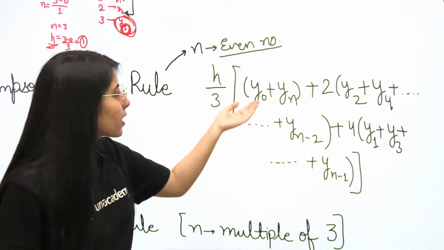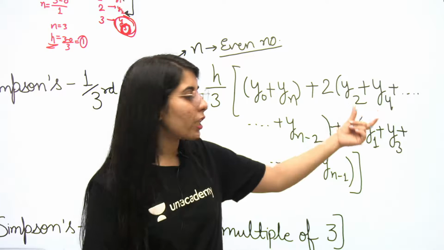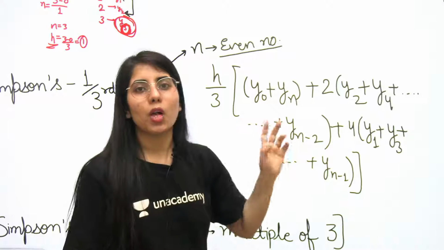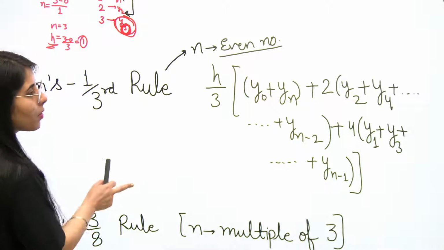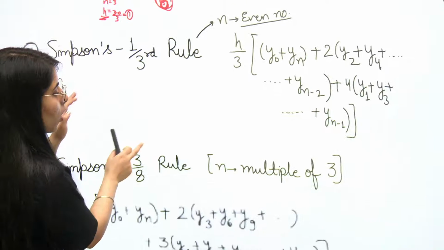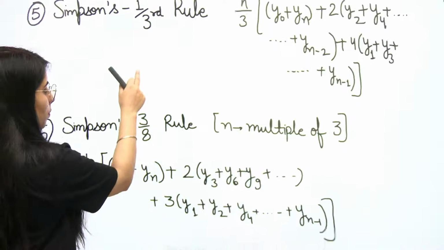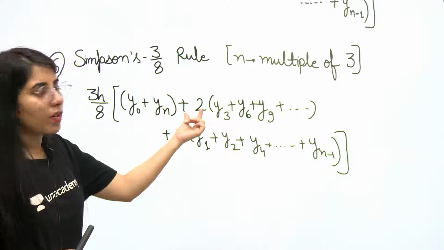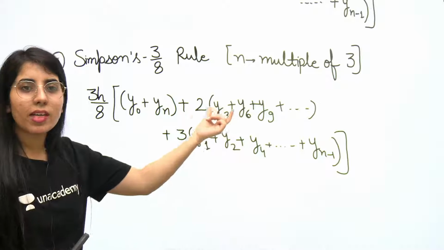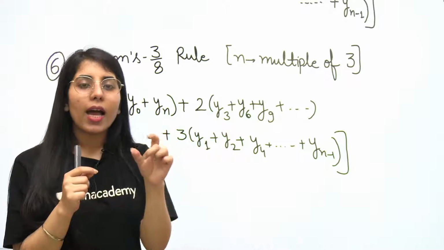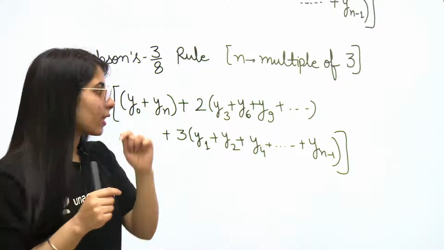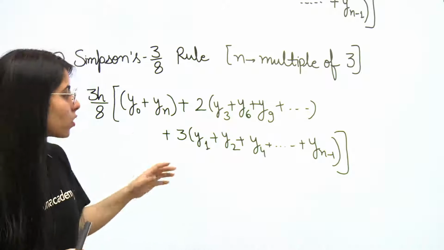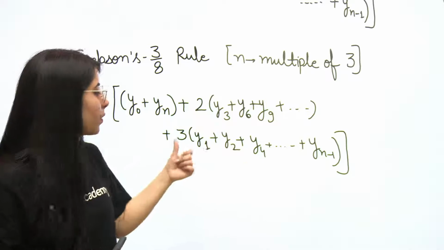And rest of the values except the first and last and these position values, the rest you will write in the last bracket and multiply the sum of those values with 4. This is how you will be able to get the answer as per Simpson's 1/3 rule. While when we are going to talk about the other one, that's going to be Simpson's 3/8 rule. So in this case, what's going to happen? Again, 2 has been written here, but this time the table of 3 we are reading. The position where we are going to have the 3, 6, 9, 12 like that, you are going to write the values of y here, and rest of the values you will write in the last bracket and multiply it with 3.